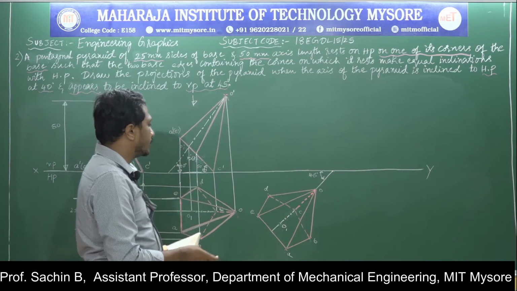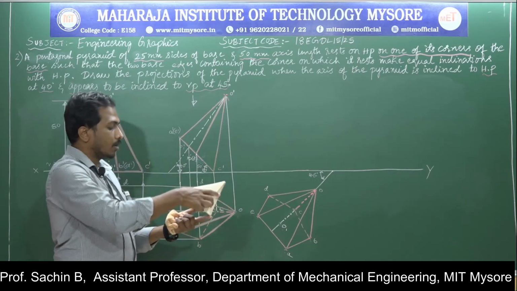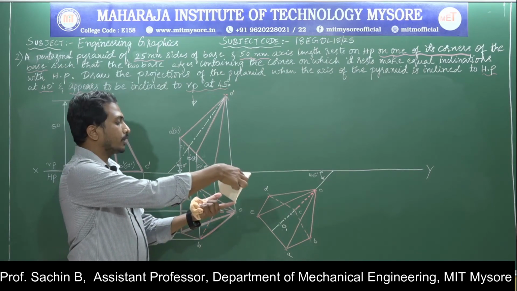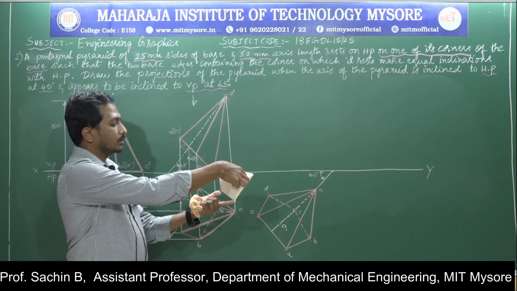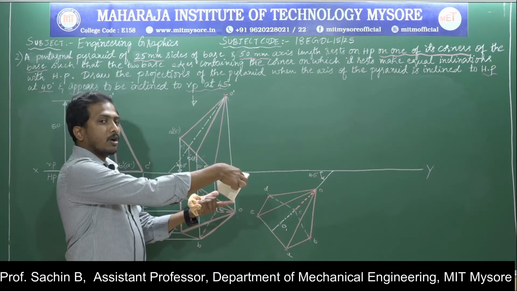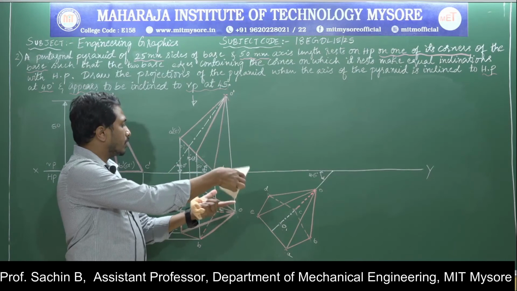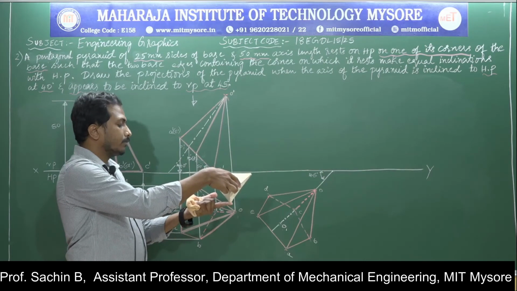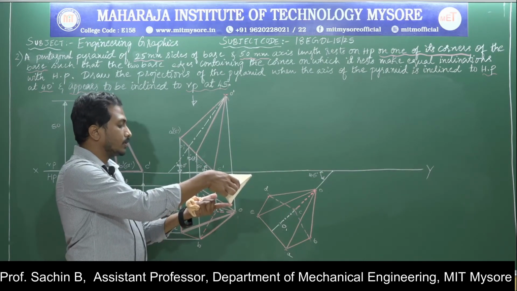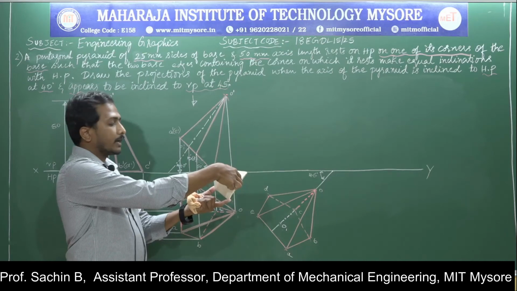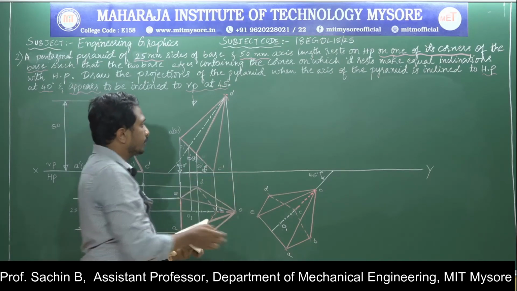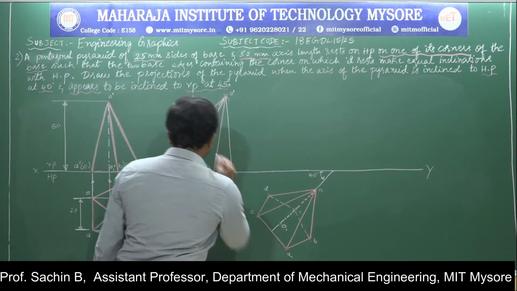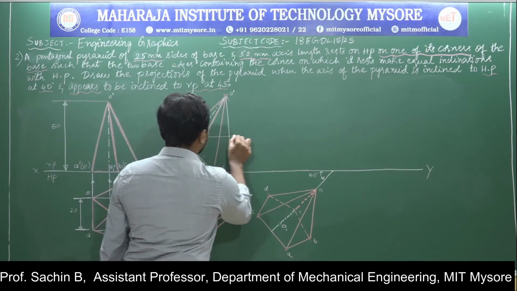Now I will go for constructing the last position of the object. Now the object will be like this in the second position, and it is getting inclined at an angle of 45 degree to the VP like this, and also one more thing, it is resting on a corner itself. That is nothing but the C dash is the corner that is clearly visible for us in the second position. While resting on that corner itself, I am just rotating this object to an angle of 45 degree. Now to get the last position front view, before that I should go for drawing the projection lines. Here I am drawing the projection lines.